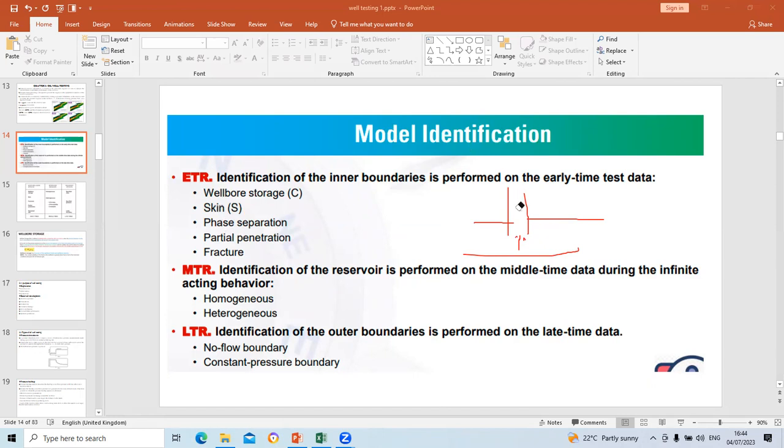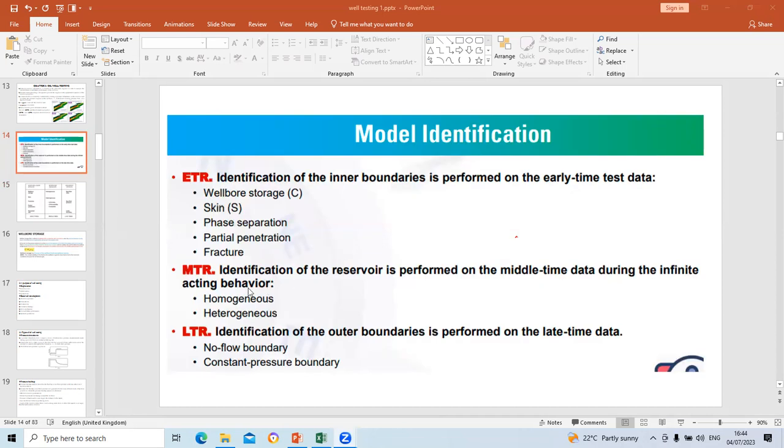We may also have conducted hydraulic fracturing. So they can use this to analyze the effects of hydraulic fracturing. I will not go into hydraulic fracturing now because we are going to talk about it, I think in about week 10 or 11. So I don't need to go into all of that. So in the meantime,